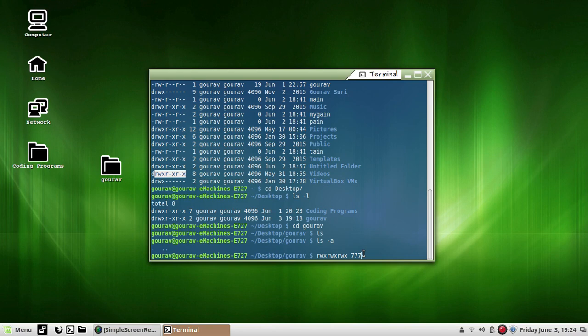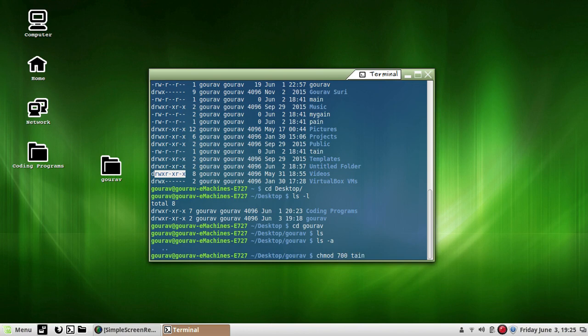Okay, so the existing file permission can be changed by the owner of the file or by the super user. The way to change this permission is by using the chmod command. It changes the mode of the file it is executed on. If we want the owner of the file to have all permissions and the group and others none, we can simply say chmod, then the numeric value,